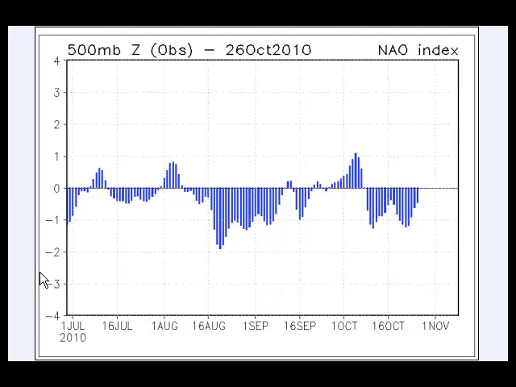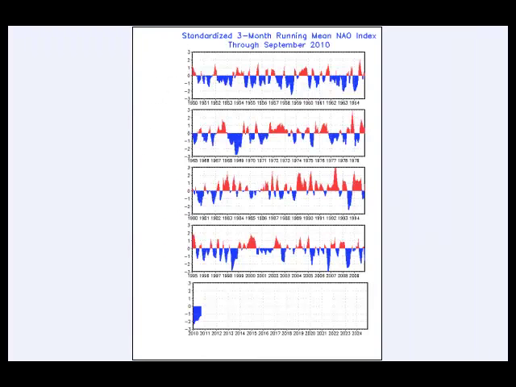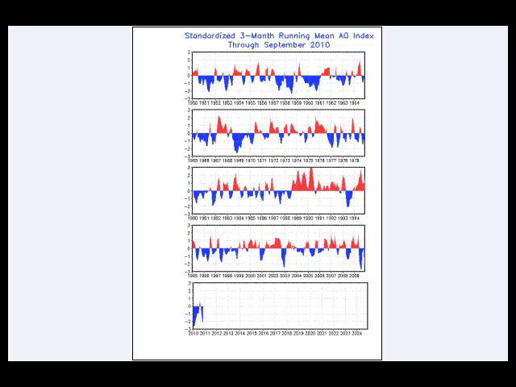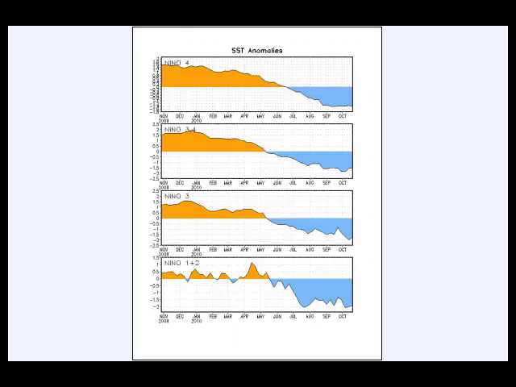For much of the year, since July 1st, the NAO has been negative. A couple spikes of positive are mixed in there, but this has been mainly a negative year. And there's the phase through time since 1950. Notice most of this year it's been negative. There's the Arctic Oscillation. It, too, has been largely in the negative phase. I think through the first month, maybe even the first half of winter or so, we're going to see the NAO and the AO try to stay on the negative side of things, at least a large portion of the time.